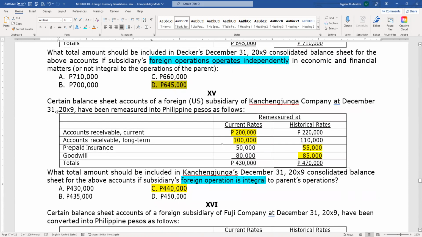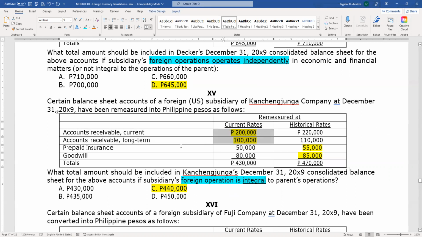Okay, so next problem. Again, sabi niya, foreign operation is integral. So that means method 2 ang gagamitin natin or yung temporal or remeasurement method. Okay? So kapag ganun, ang rule natin, kapag monetary assets and liabilities, we use the current rates. So for example here, yung mga receivables natin, they are monetary assets. Therefore, we use the current rates. Okay? But for